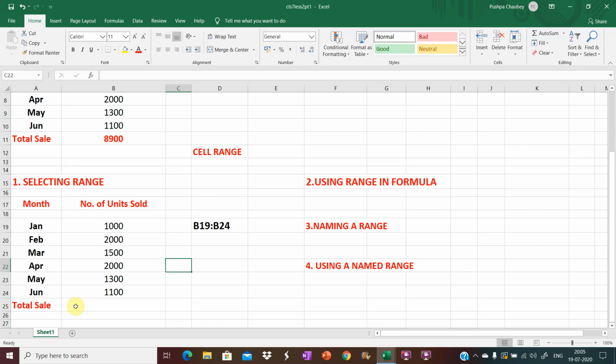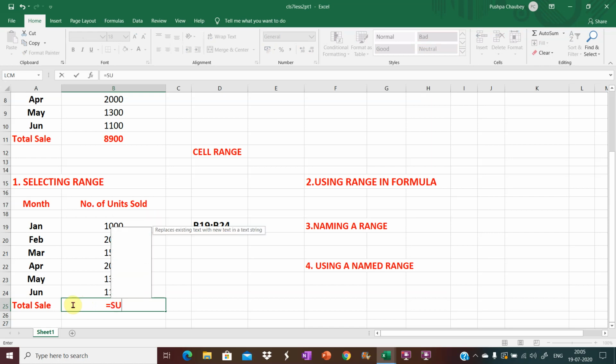Now children, let's learn using a range in a formula to calculate the sum of these numbers present in cell address from B19 to B24. To write a formula, type equal to symbol, sum, opening parenthesis, and then write the name of a range.